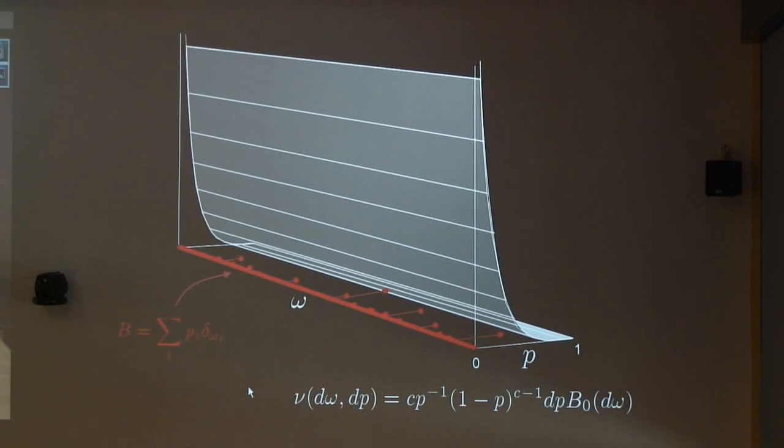It's really the expected mass contributed by a particular set in that omega across p space is the integral of that. So it's the integral of this Levy measure, but times x times p, because you need to weight by how much weight is going to be given to each point. So if you do that, if you multiply this by p, then this becomes integrable, and therefore you have finite